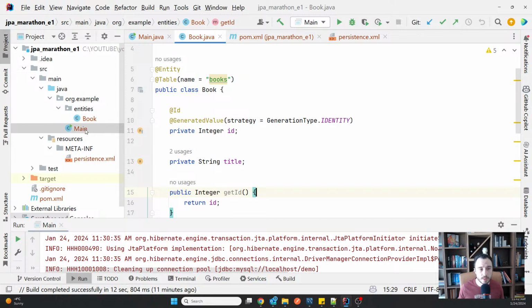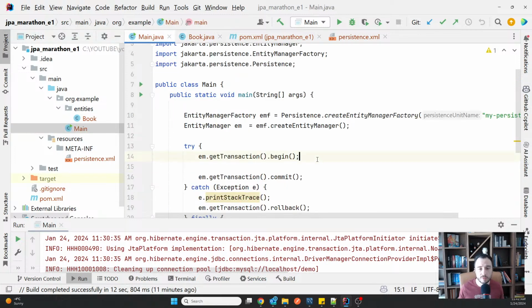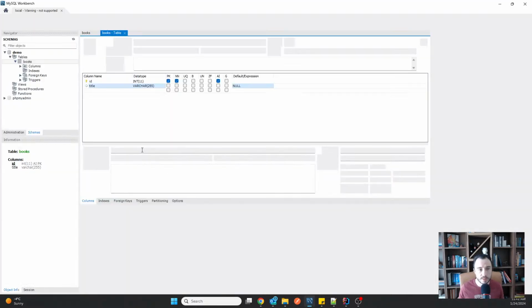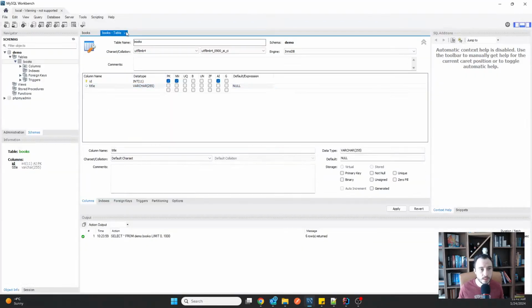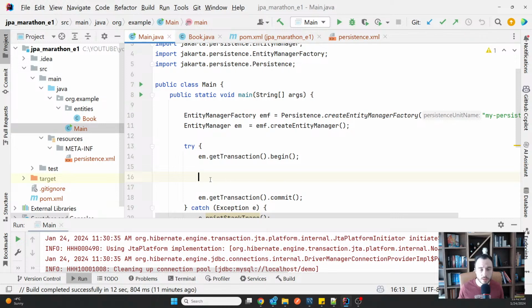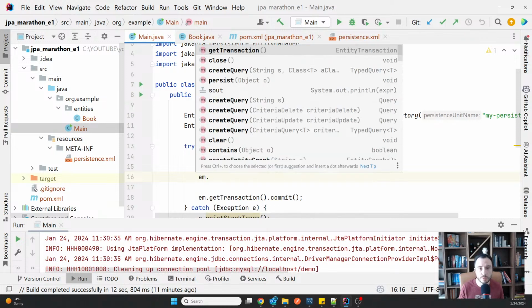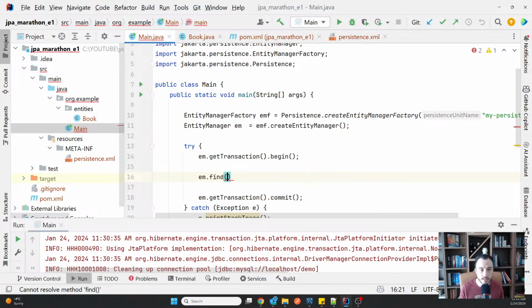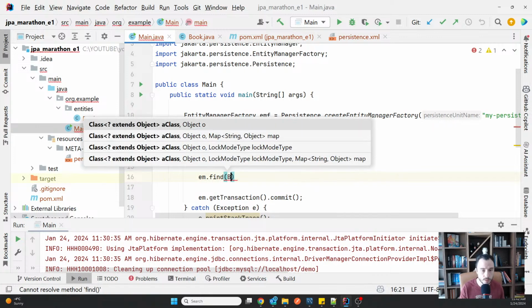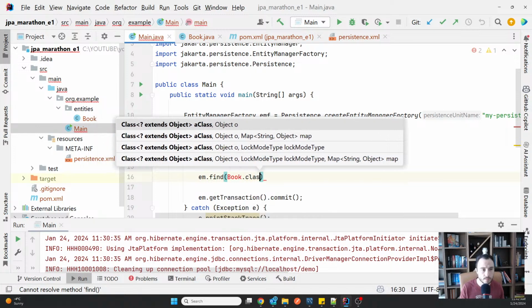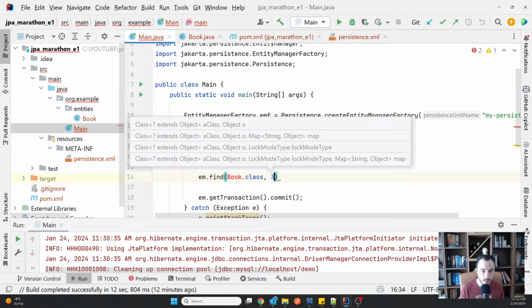And I can use it now. How? For example, if I want to find an entity by its ID. Let's say we know we have an entity with the ID 3, for example, my Troubleshooting Java. I'm just going to go here and use one of the operations of the entity manager, which is called find, and I want to find the book with the ID 3,